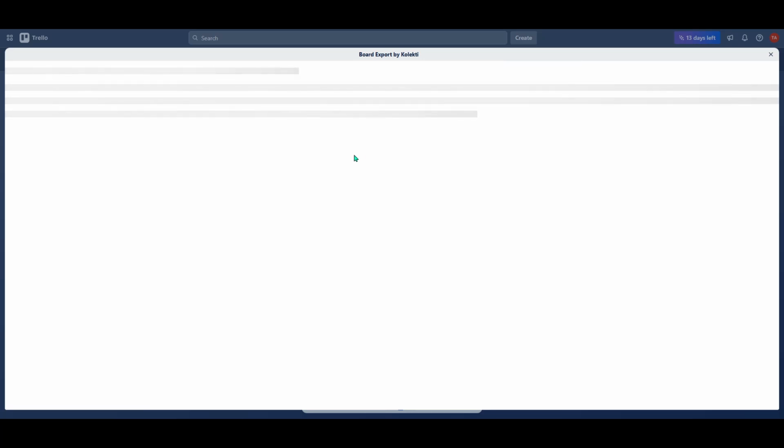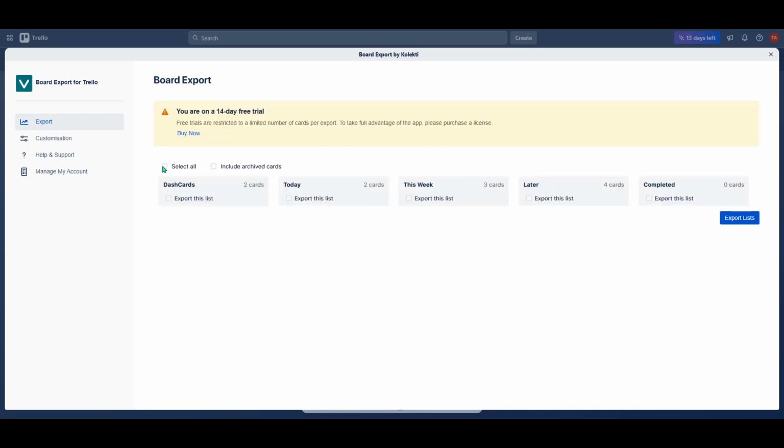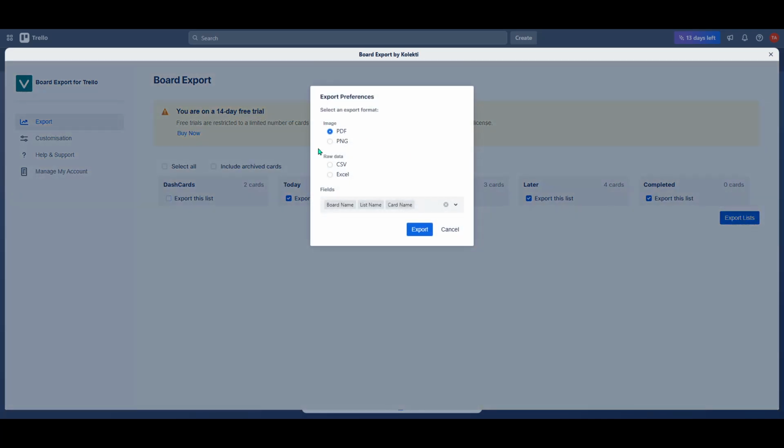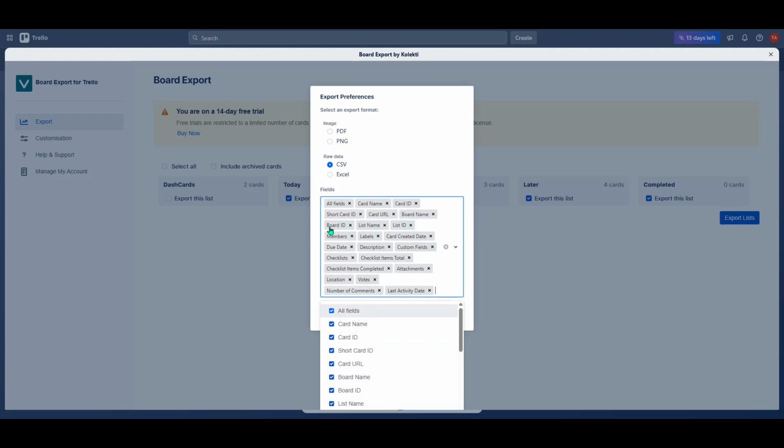The next step is to select the list from your board that you want to export. You'll see a list of all your current lists, and you can choose one or multiple depending on your needs. Once you've made your selection, the next thing you'll need to do is click on Export Lists. You'll be given a few options on formats, so be sure to select CSV. This is a widely used format for data exports because it can be easily opened in spreadsheet programs like Excel